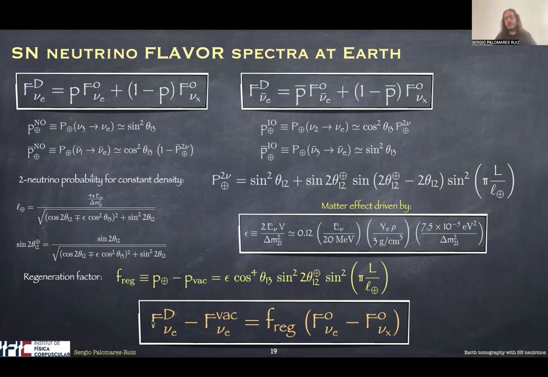This is proportional to the regeneration factor I just mentioned, but also proportional to the difference of the electron neutrino and nu_X fluxes at production. And I'm focusing on nu_e's and anti-nu_e's because these are the neutrinos that will be detected in the detectors